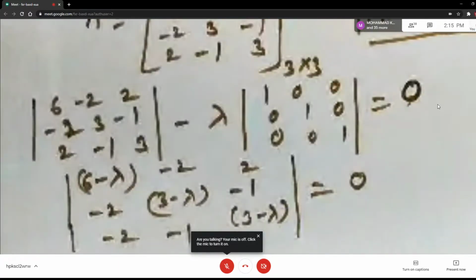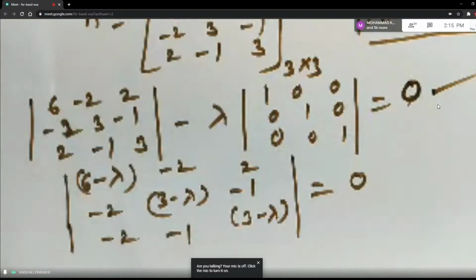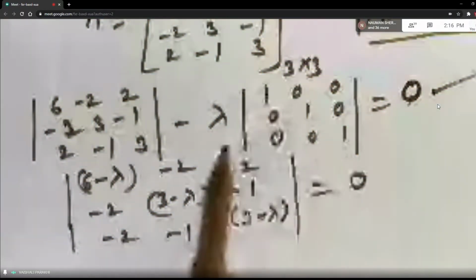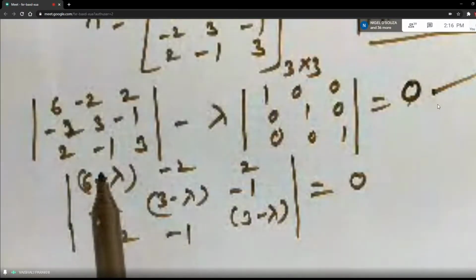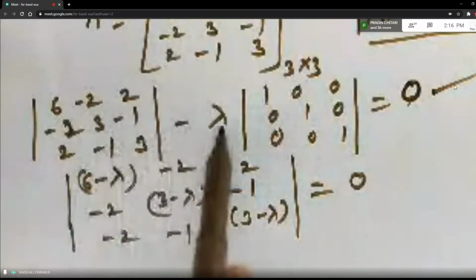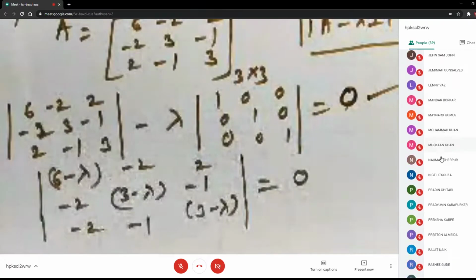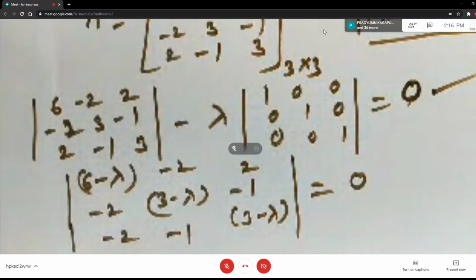So from the next problem you can skip this step. Why? Directly you can subtract lambda from the diagonal elements. That's all. Why only from diagonal elements? Because you are multiplying the identity determinant by lambda. Okay? So what we did, we wrote the characteristic equation A minus lambda I is equal to 0 and we combined these two determinants. Now students, you are going to solve this determinant by your usual method.